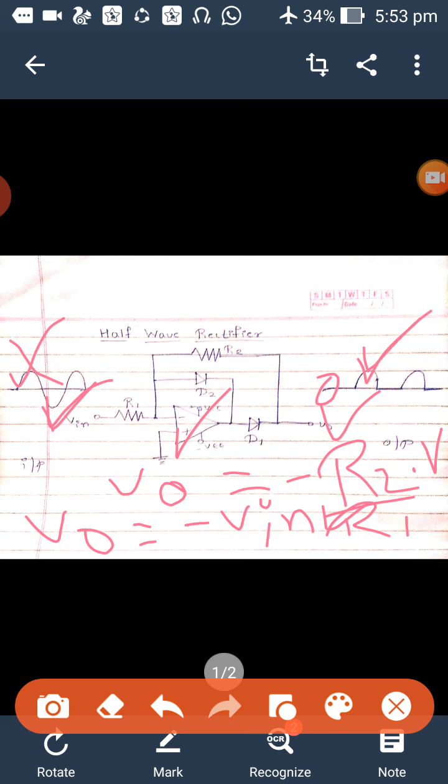One more thing, here you will be having only the positive rectification: during negative cycles you will have the output rectified. Or you can do this inversely also, which means during the positive cycle you can get the output and during the negative cycle you can make it 0. How? By changing the polarity of the diode. Try this by yourself.